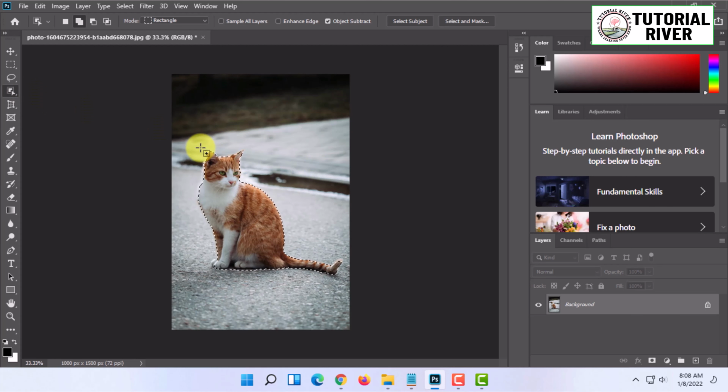So if you have selected an object with the object selection tool, or selected it accurately with the lasso tool, the polygonal lasso tool, or the magnetic lasso tool with feathers and so on, for accurately selecting it,